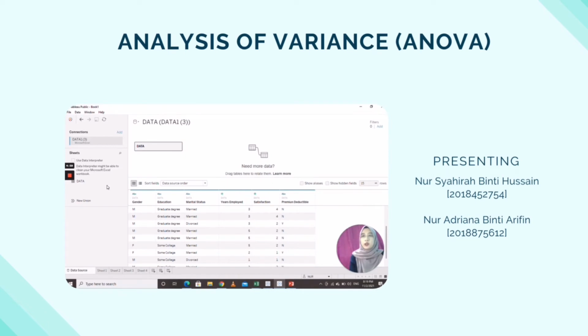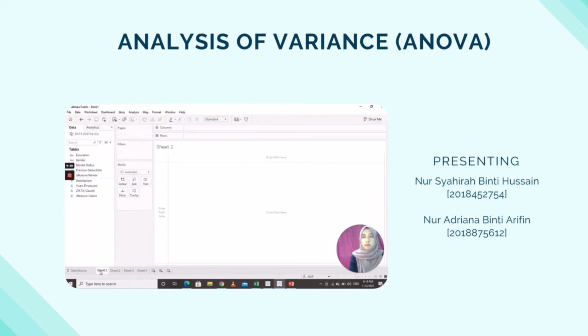So here I want to show the ANOVA technique by using the view. The first step is that I already chose the data from Microsoft Excel and this data will appear here. Okay, on the first sheet, they have columns and rows, tables: education, gender, status, years. For the columns, we pick gender. For the rows, we pick education,